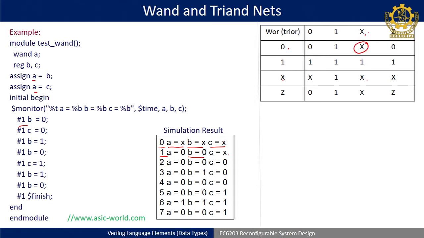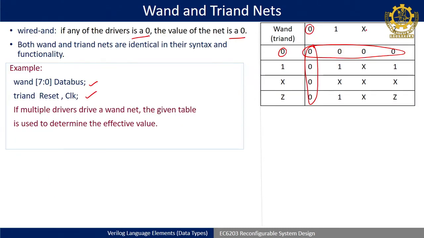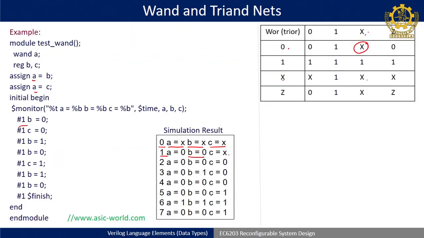So, output is X. Oh, okay, this table I need to change. So, it is actually 0 and X. So, output should be 0, because if any of the inputs is 0, the output should be 0, that table needs replacement. So, it is becoming 0. Okay. So, similarly if you see here all the 3 are 0, so if any of the inputs is 0 the output is 0. Okay. And here as these two are 1, it is 1, but in both other cases any of the inputs is 0, so the output is 0. So, it is wand.